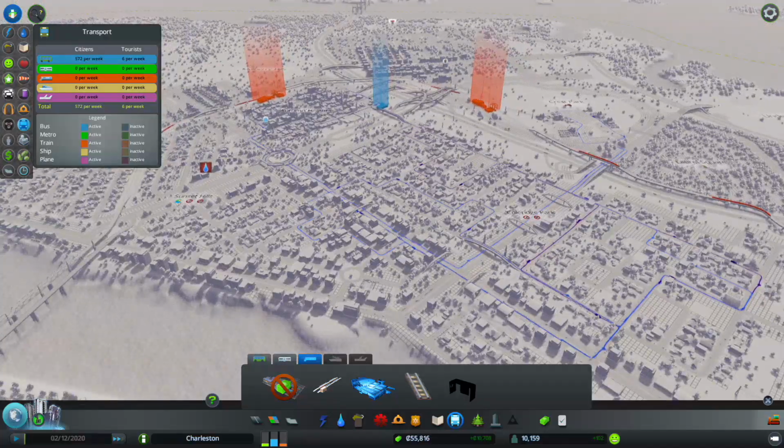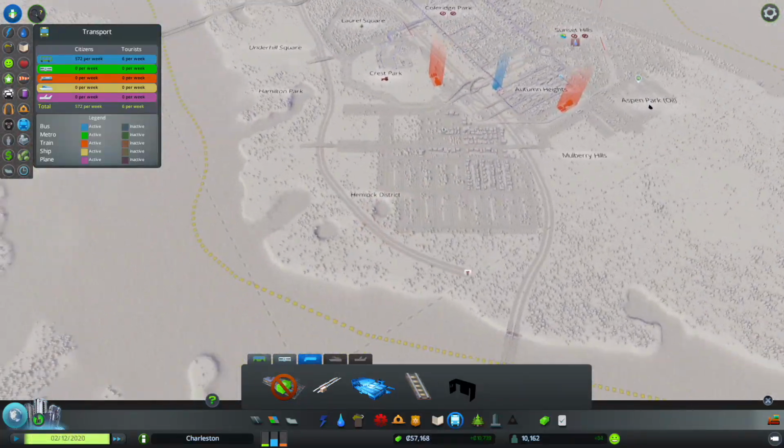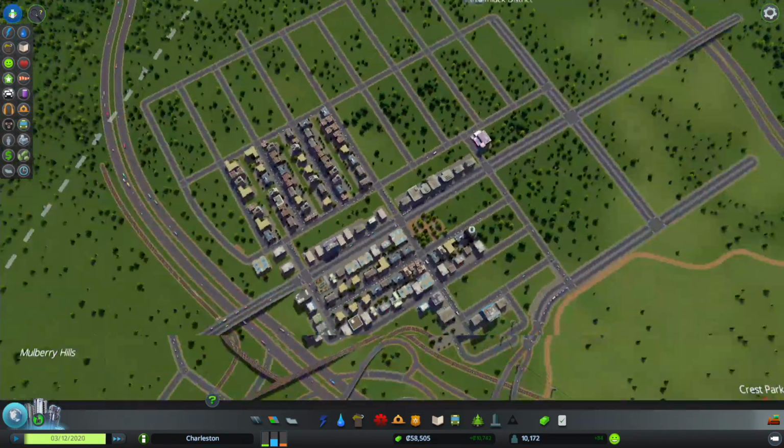And so what I am going to want to do is find a good place for a rail station to bring in passengers. And right about...